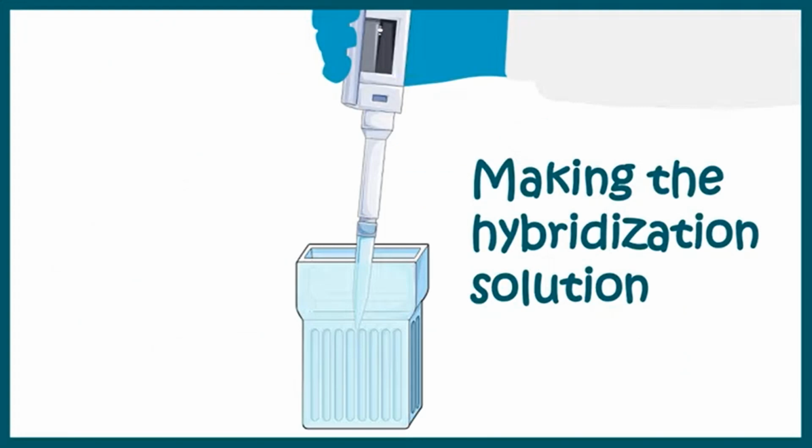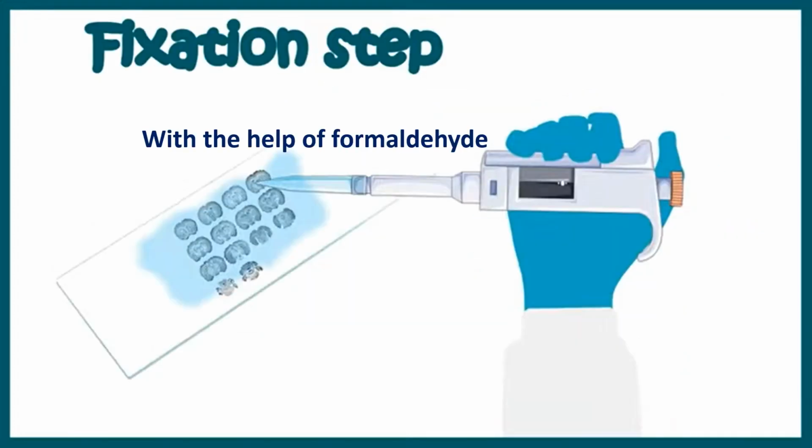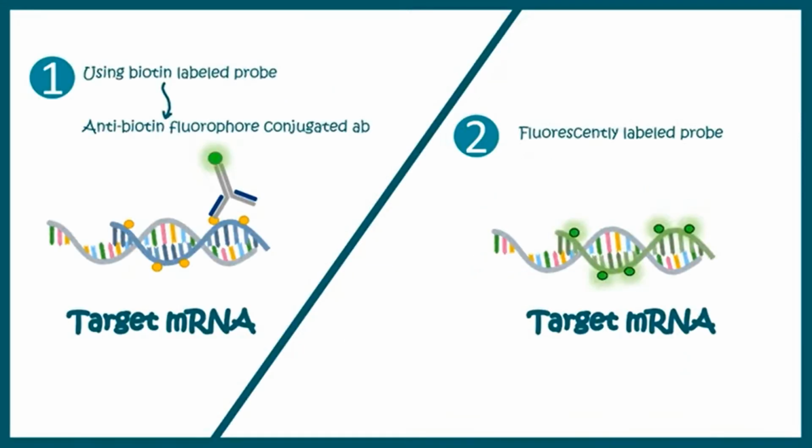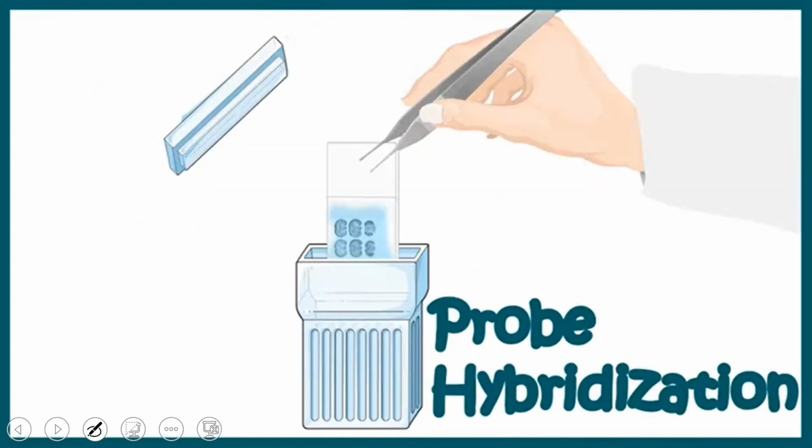Then we are going to make the hybridization solutions. After that, we are going to hybridize it. Now, as you know, we have two types of probes. One will be biotin associated or fluorescent conjugated probes, or you will have fluorescent labeled probes. Most commonly, for targeting, both can be used. Here in this FISH technology, we are going to use fluorescent labeled probes. Then you use the probe on the tissue, which is already fixed.